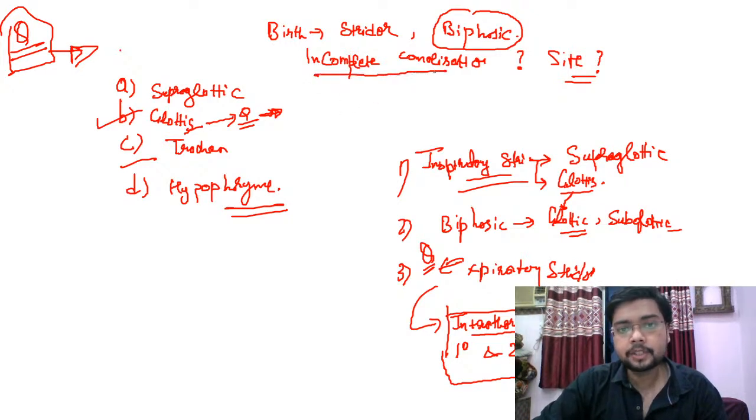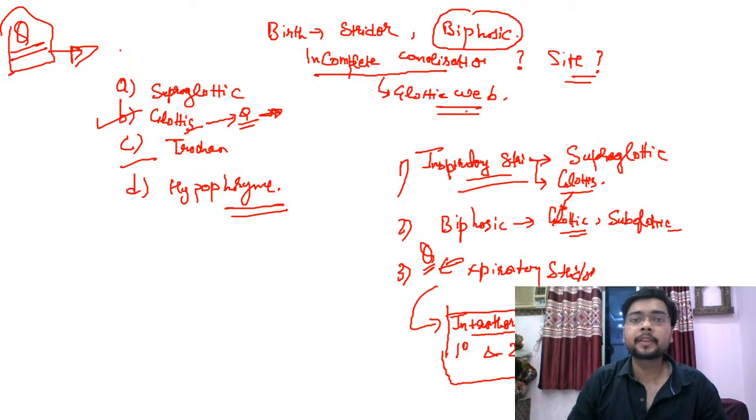Then they had mentioned incomplete canalization, which means the child is having something called a glottic web. The image that we had seen is a glottic web. So like this, there are some more questions that I want to discuss, but for now,